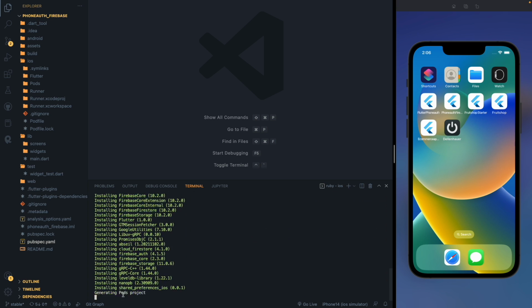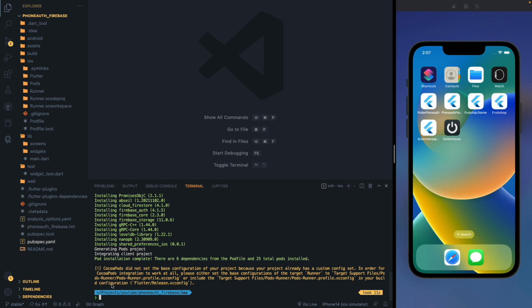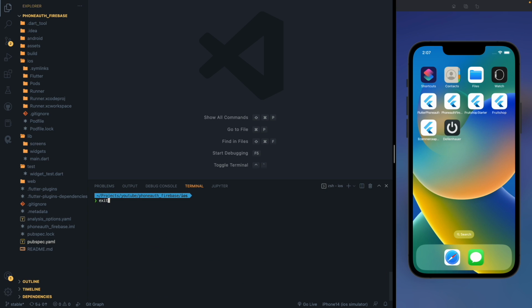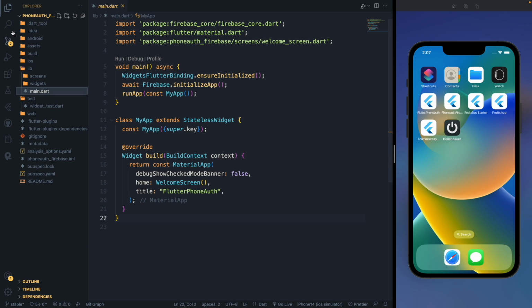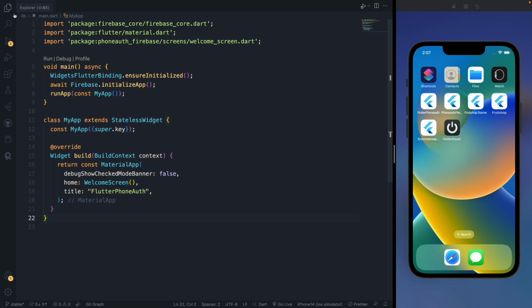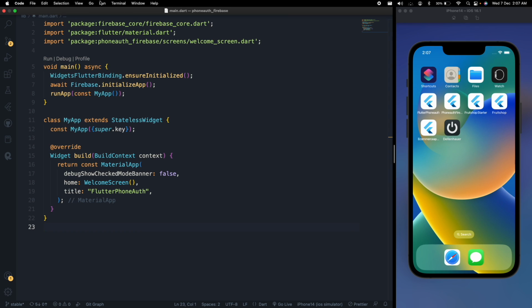So we have the shared preferences iOS also installed. This is generating the Pods project. Just wait for this to finish. Okay, so we got this thing done here. We can click on exit. So now we have the basic things implemented. We can just hide this particular explorer, I guess. Okay, so now